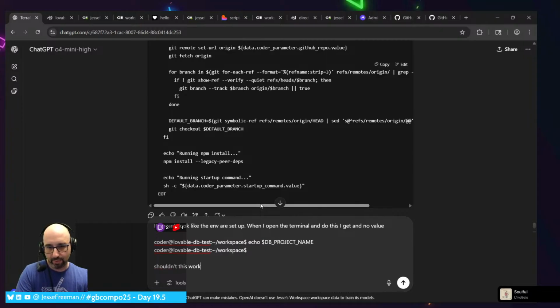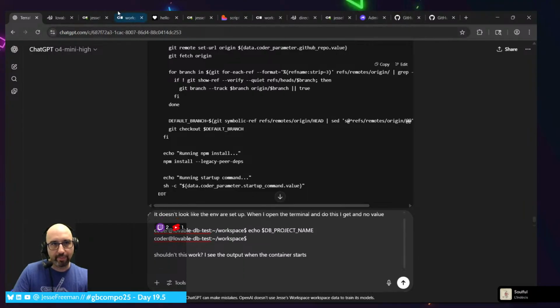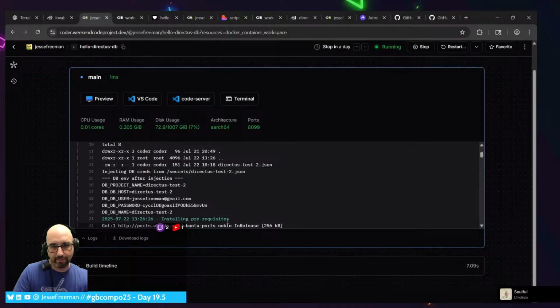Shouldn't this work? I see the output in the container starts. Unless I'm missing something. What was the containers? Wait, did I use the right thing?